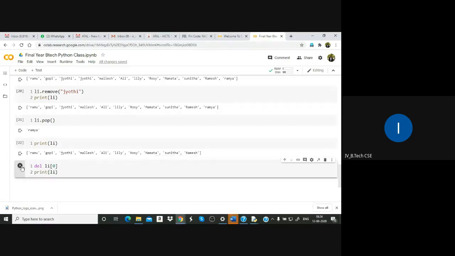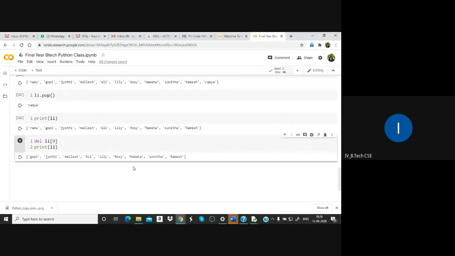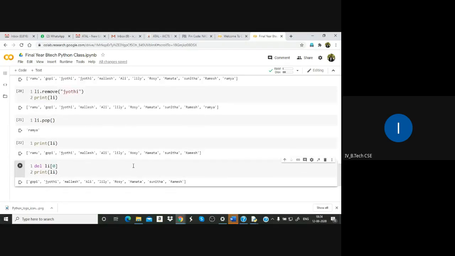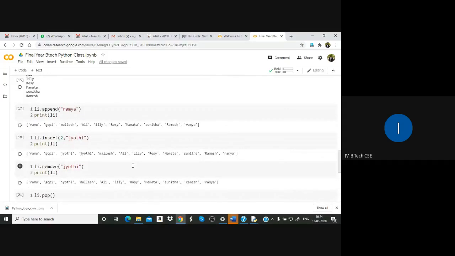So this is also possible using the delete function. Like this, the first element is deleted. Ramu is removed. So that is also allowed in Python. Like that, there are 3 mechanisms to remove: first the remove function, next the pop function, next delete. For inserting, append and insert.